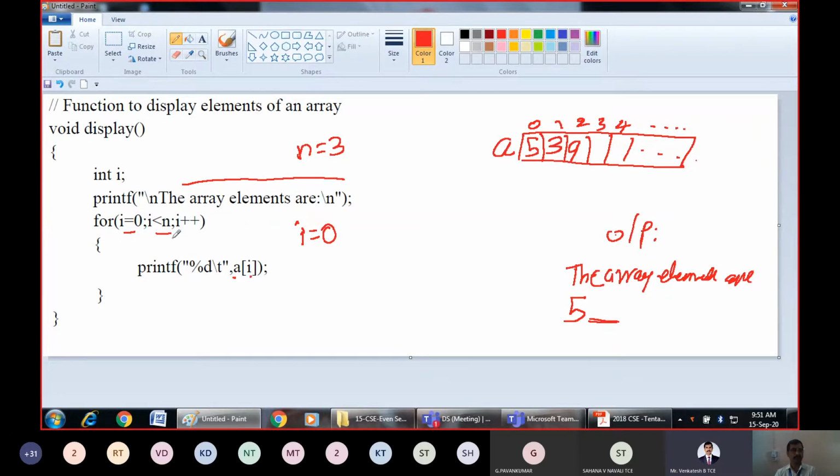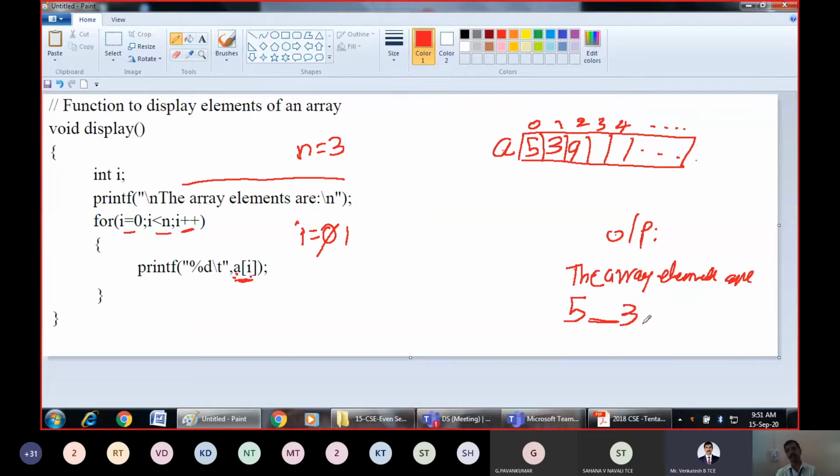After executing the body of the loop, perform incrementing. Once you increment, the new value of I will become 1. Check the condition whether 1 is less than 3. The condition is true. Enter into the body of the loop and execute it. In the body of the loop, we have the next element to be displayed. Print A of I. What is the value of I? I is 1. So A of 1 is 3, and 3 will get displayed here.